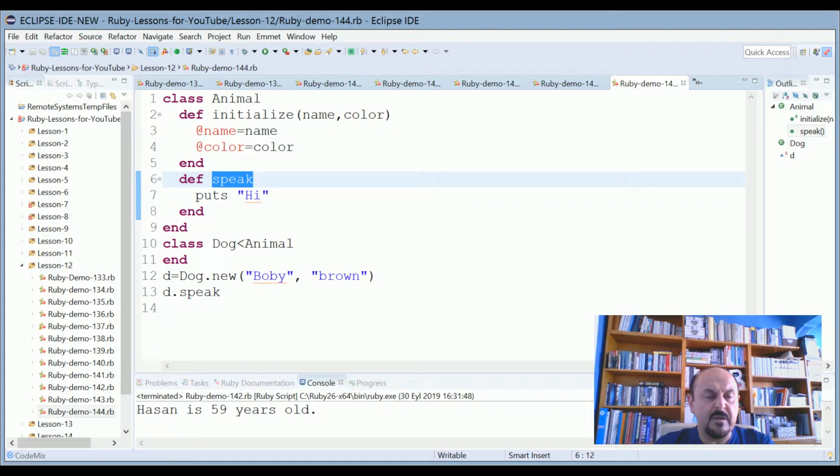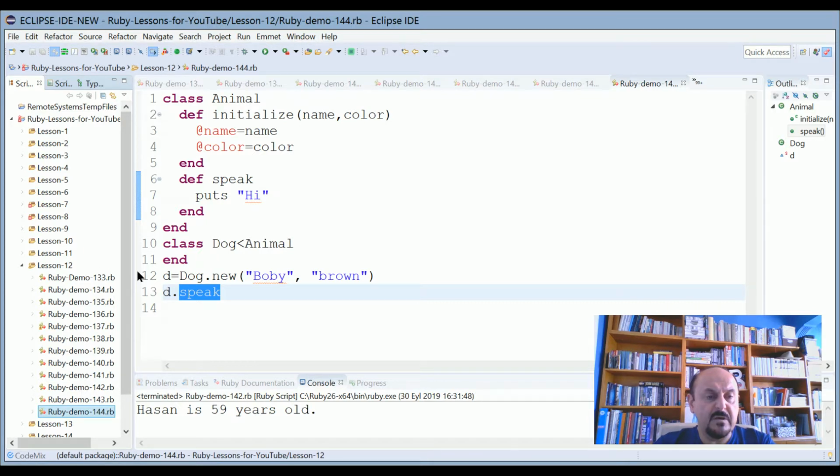Here I create an object of the dog class. Actually, a dog is a member of the animal superclass. This is the keyword which is necessary. I create this dog object with two arguments such as Bobby and Brown. So I make a relation here with the speak method. This is our object, and this is the relevant method. So after I run this snippet, I get